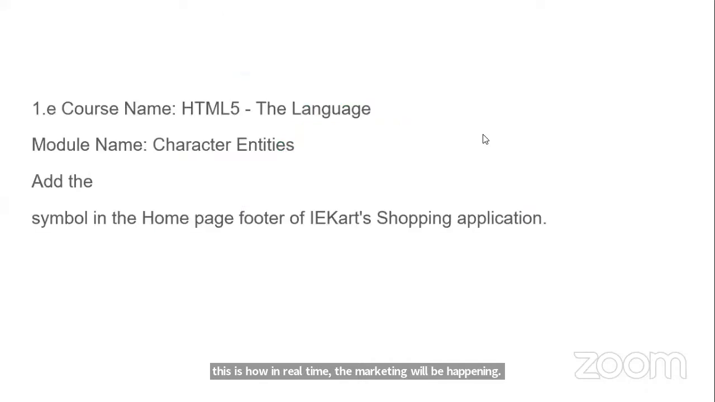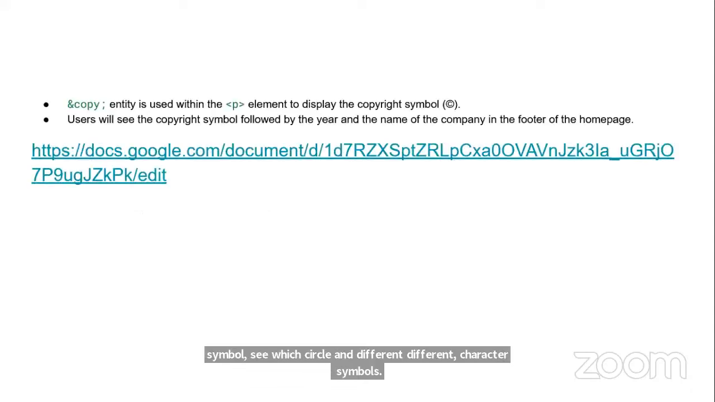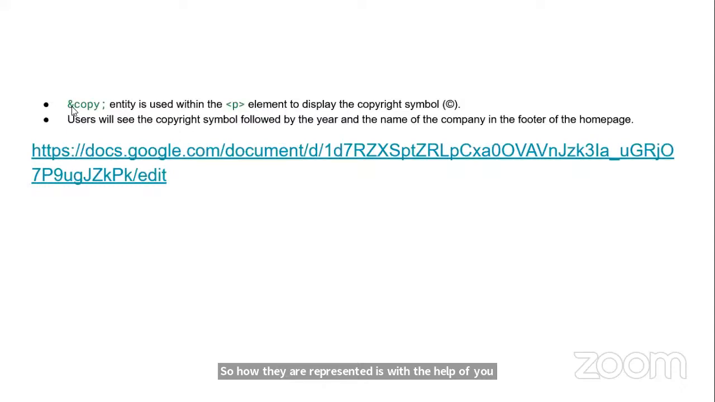And then character entities. Sometimes what we see on websites is not always text and images. Sometimes you have special characters like the at-the-rate symbol, the C with a circle, and different character symbols. They are represented with the help of an ampersand and a specific syntax, a specific way of representing them. You should use exactly the same way, and only then will you be